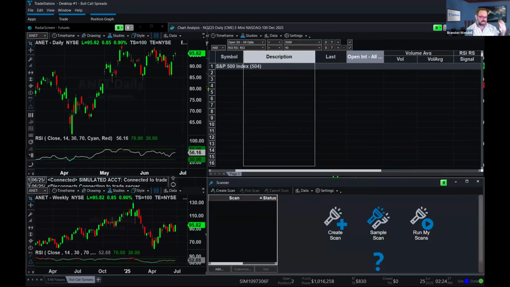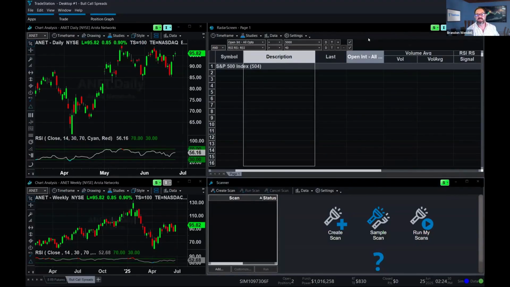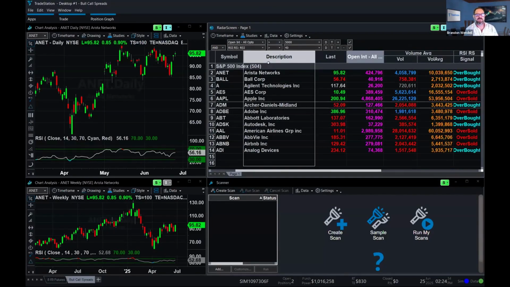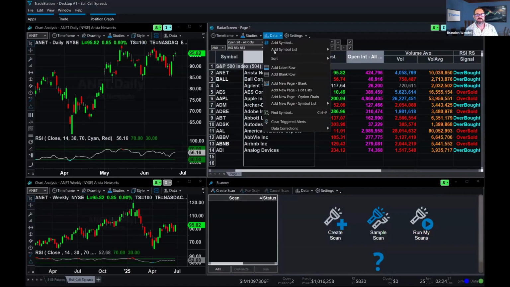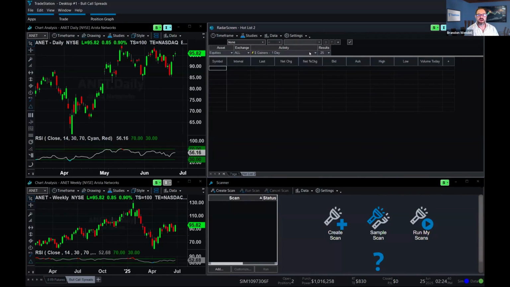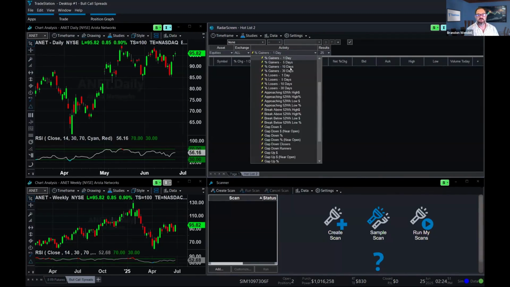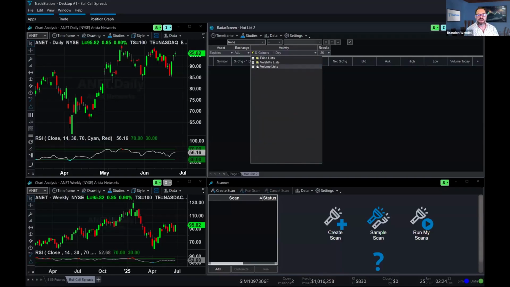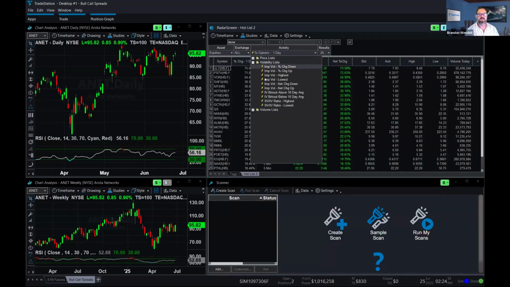So probably taking too much time for this, but what I was saying is basically you can go in and create workspaces or scans for different things. I can go into data, add new page, hot lists. And in those hot lists, it's going to price first. But in the drop-down menu under activity, I can close that and open up volatility lists and search for high or low volatility. Therefore, I can alternate between different strategies and different levels of volatility.